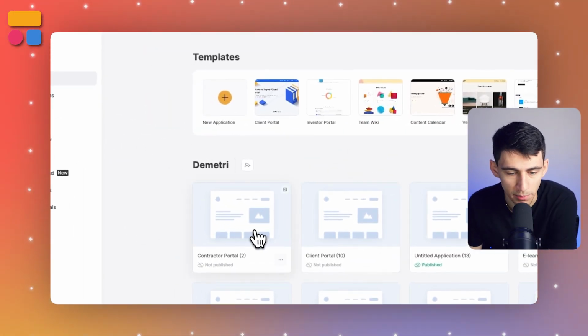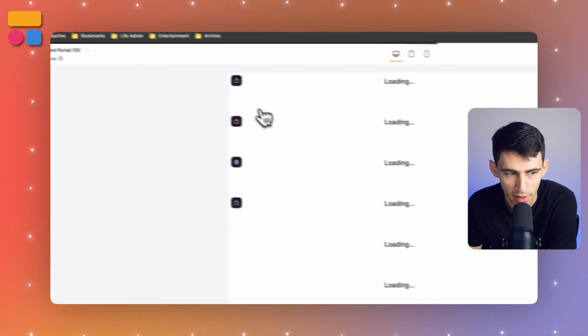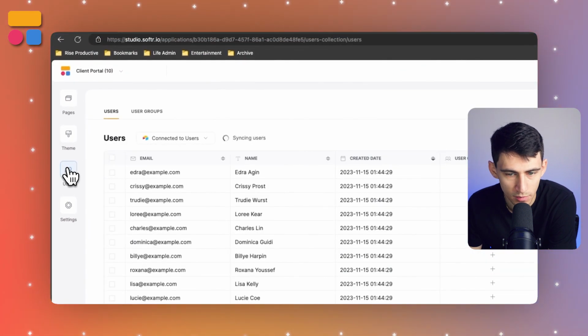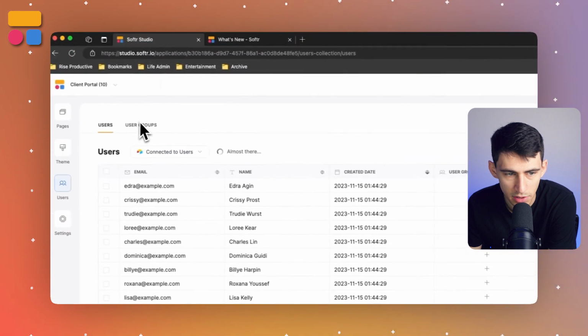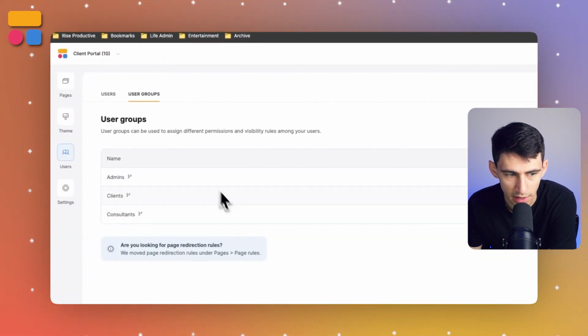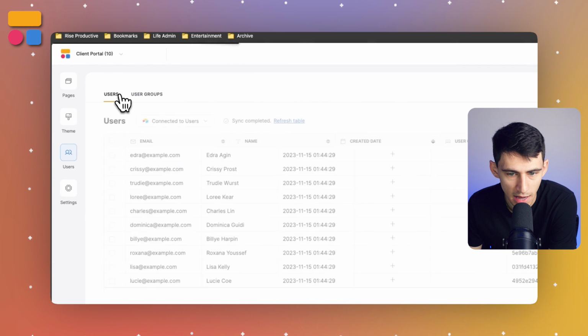Here we have for you an amazing update that we brought out last month that I think you're gonna like a lot. This is a big update to our user group functionality. So inside of any of our different templates, if we go to one of mine right here, if we go to users, you'll notice that instead of having to assign any specific logic within here, there is a new update